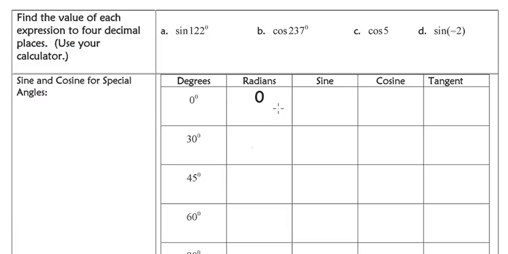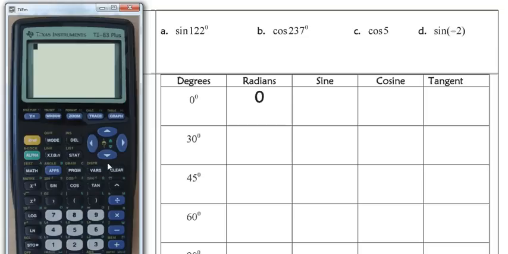All right, real quick video here. We've got: find the value of each expression to 4 decimal places, and we're specifically supposed to use our calculator. So here we go. I've pulled up your calculator here, and so we're going to hit in sine of 122